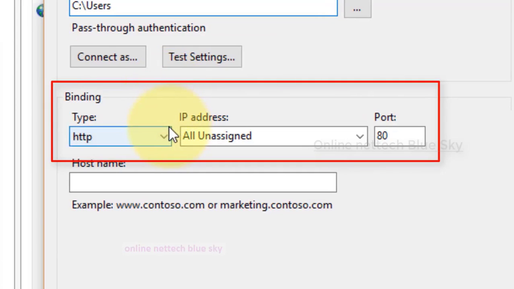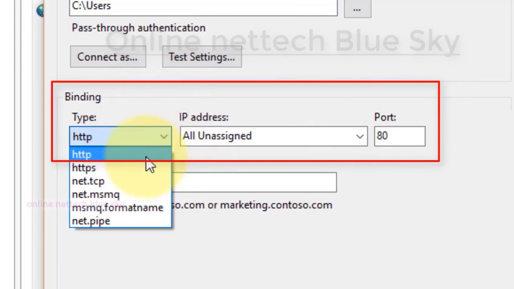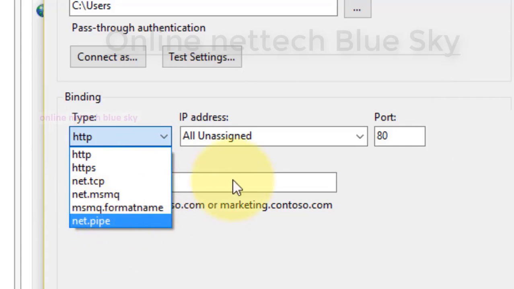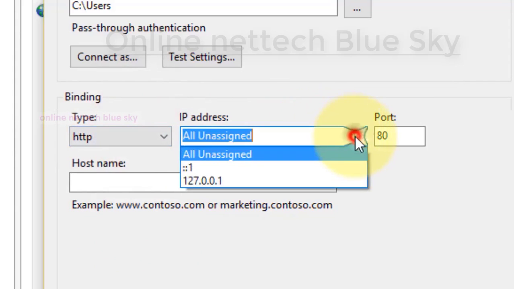So what is a binding? In a binding, one type of your operating system and your website data are bound in the system. So HTTP, HTTPS, net.tcp, and so on. HTTP is installed by default, and the HTTPS protocol is one type where you need a certificate, so you must assign a certificate.